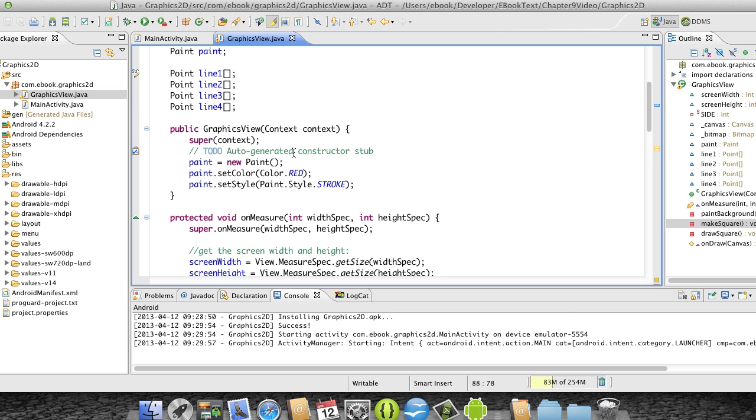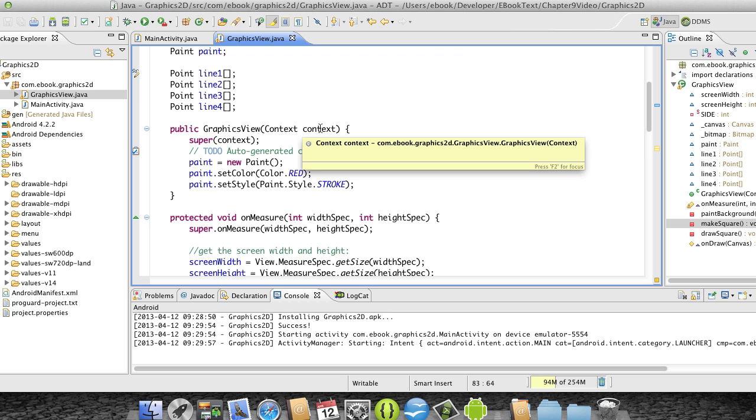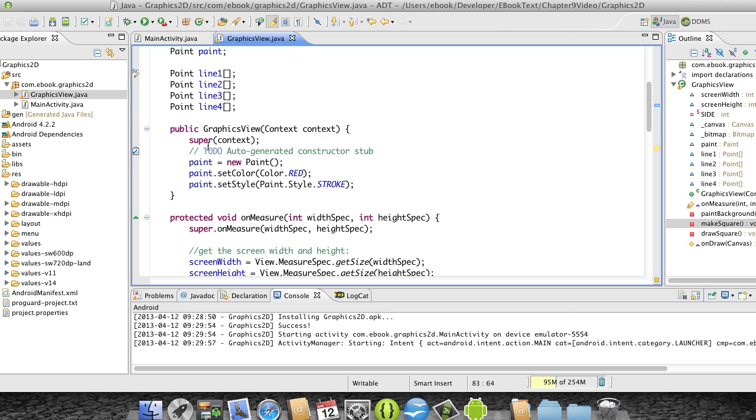This is our constructor. And in our constructor, we need to call up to view's constructor. So what we're doing is we're just passing the context. Now remember, in main activity, we created a new graphics view with this, and this tells us that the context that we're passing into our constructor is actually the main activity. So we pass that up to view's constructor, and then we initialize the paint object. So we make a new paint, we set its color to red, and we set its style to a stroke